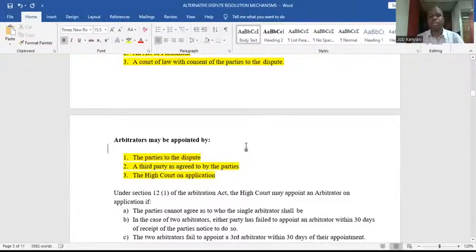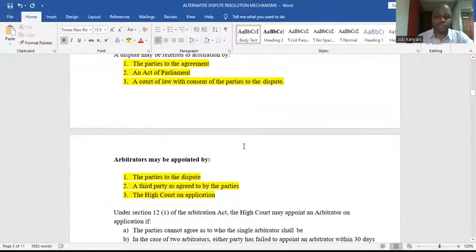So you can see that under arbitration we have a third neutral party who will be able to give what we call an arbitration award. So the third party is the one who actually gives out the verdict. If you look at that question in this case, they wanted us to mention the kind of alternative dispute resolution mechanism whereby there is an impartial or neutral third party who will be able to